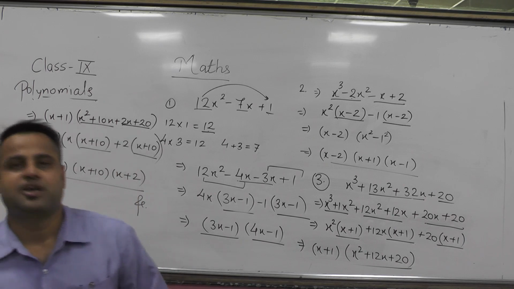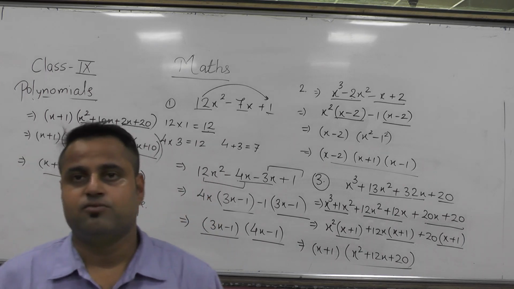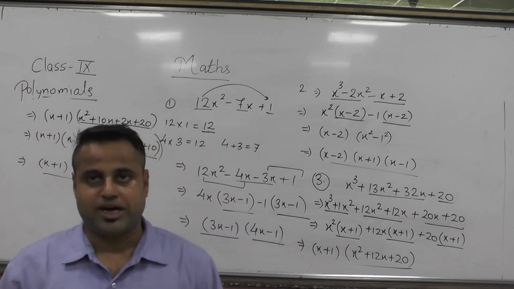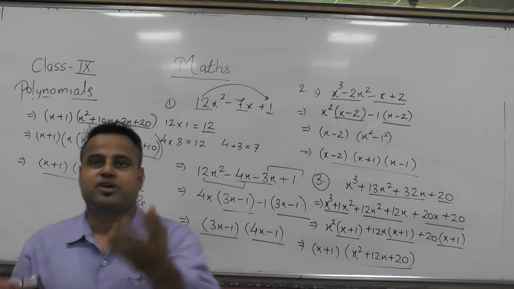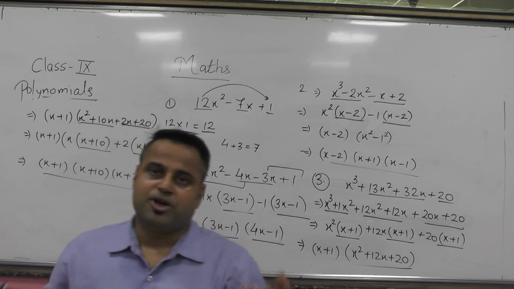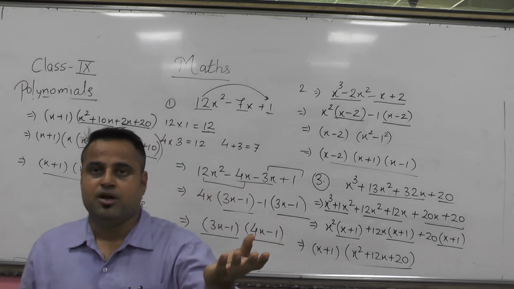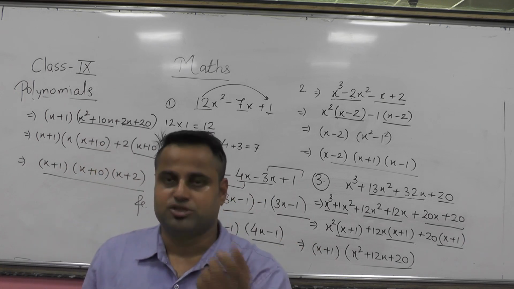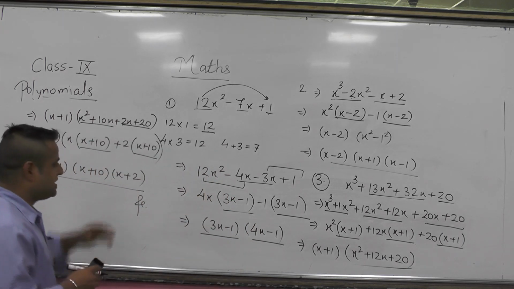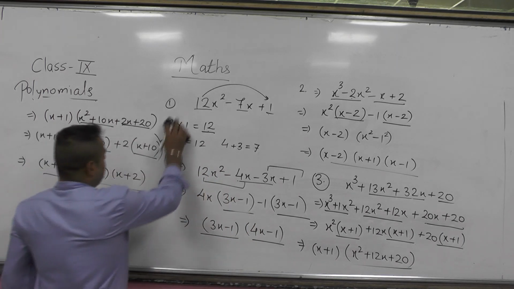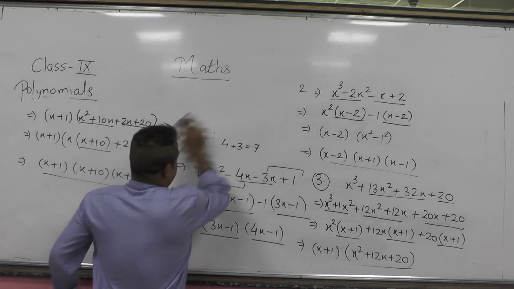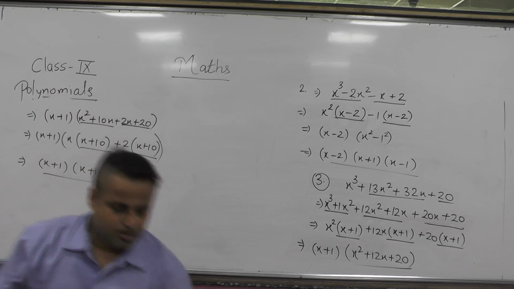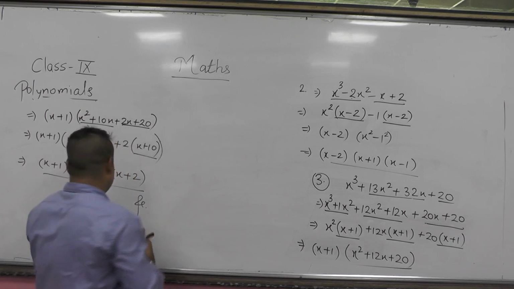If you find any difficulty doing this with the 4 terms polynomial, you can do one more thing: you can try the trial and error method to get the zeros of the polynomial, and once you get 1 or 2 zeros, you can simply divide the polynomial, and whatever quotient you get, you can factorize it to get one more zero. Okay, let me try it with this question again, so that if you don't understand this, you can understand it with a different method. Okay, this probably will be the last question for us.